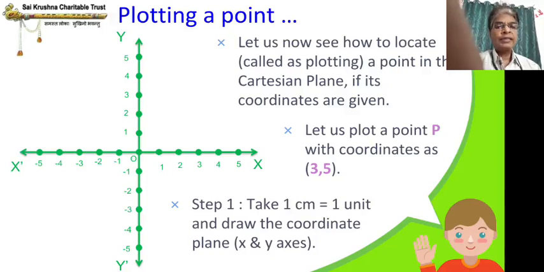The x-axis I have marked x', the y-axis y'. On the right side of the origin, on the x-axis in the positive direction, 1, 2, 3, 4, 5 are positive numbers. On the left side, the negative direction, minus 1, minus 2, minus 3, minus 4, minus 5. Similarly, the y-axis above the origin is positive, below the origin is negative. This is what we have already seen in the previous parts. So this is the first step. Anytime any question is asked like this, we first have to draw the axes; the coordinate plane has to be drawn. Let us go to the next page.